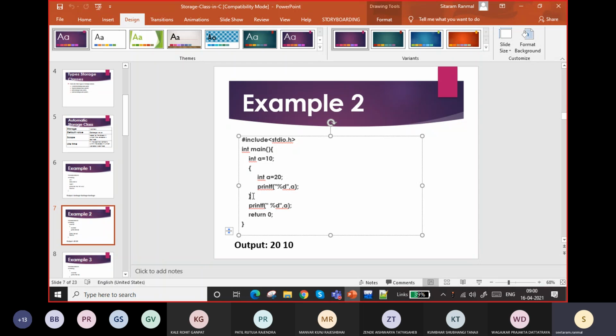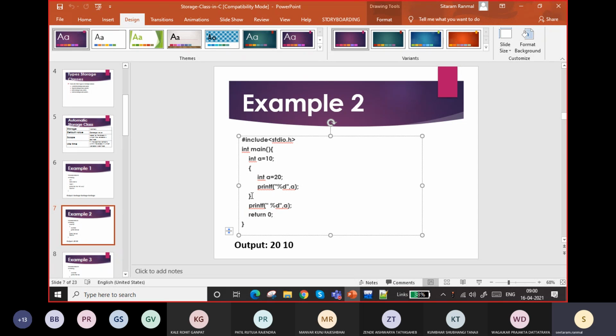Again it will come here. This curly brace is complete. Once this curly brace is complete, all these variables are not available next. So whenever there is a printf statement for a, it will take the value of a equal to 10, because this is an automatic storage class and the inner one is not available. Inside the curly braces this is available, outside it is not.